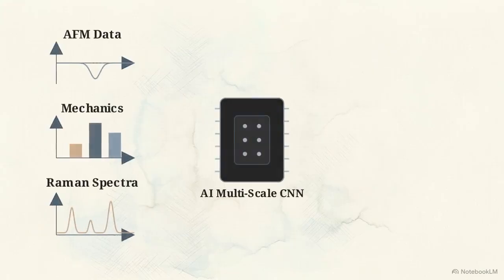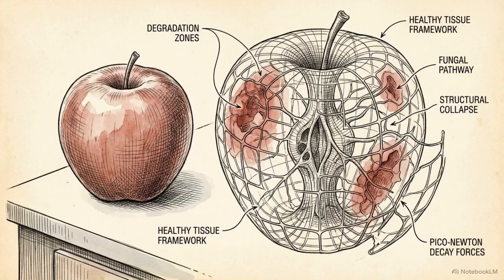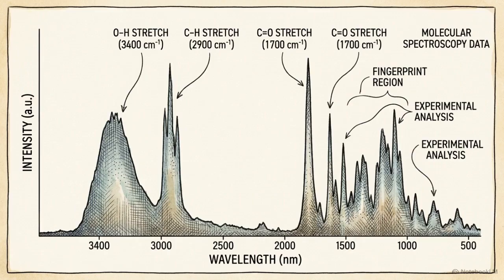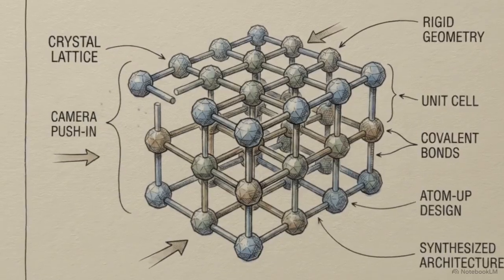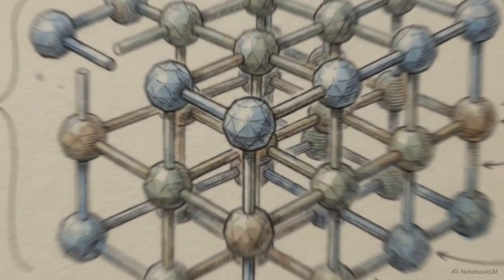Machine learning models ingest this multi-parametric input to instantly classify material behaviors and predict shelf life degradation long before it visibly occurs. By integrating piconewton mechanics, advanced molecular spectroscopy, and artificial intelligence, soft matter engineering can move toward atom-up synthesis, replacing much of the traditional bulk mixing guesswork with